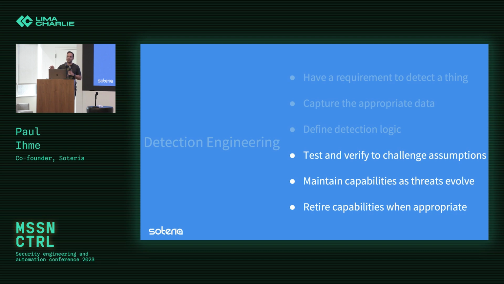So that's really where we wanted to focus today in this discussion: how do we make sure, how do we know our rules work? How do we make sure that they continue to work? How do we make sure that we don't break them later on? How do we maintain them because techniques change or new versions of operating systems come out or whatever, and we need to make sure that we can maintain those capabilities.